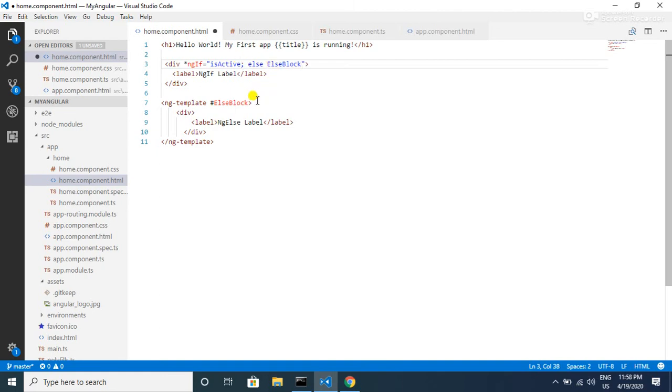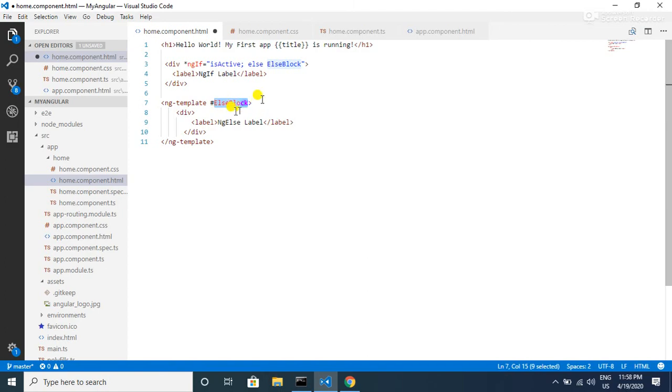Here we have created an ng-template to load the HTML inside it, and this will be displayed only if we refer to this ng-template. Otherwise the content inside the ng-template will not be displayed in the UI. That is why we have a template reference variable with the hash and the variable name.